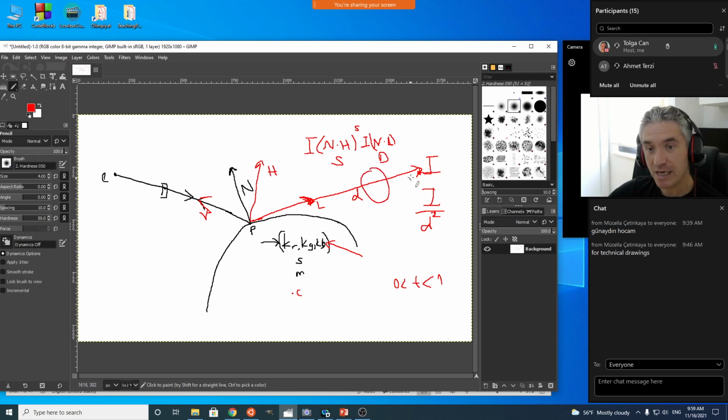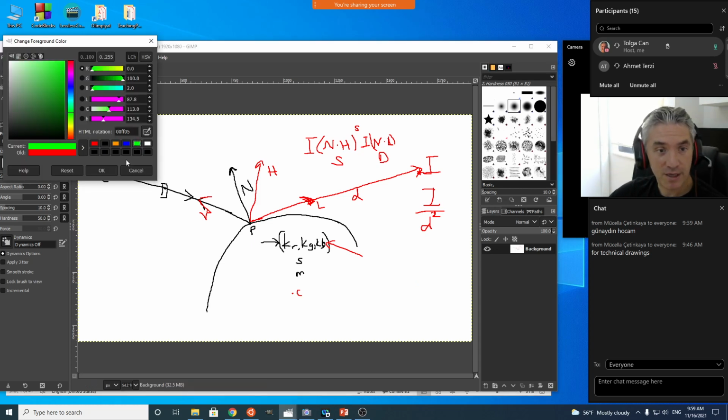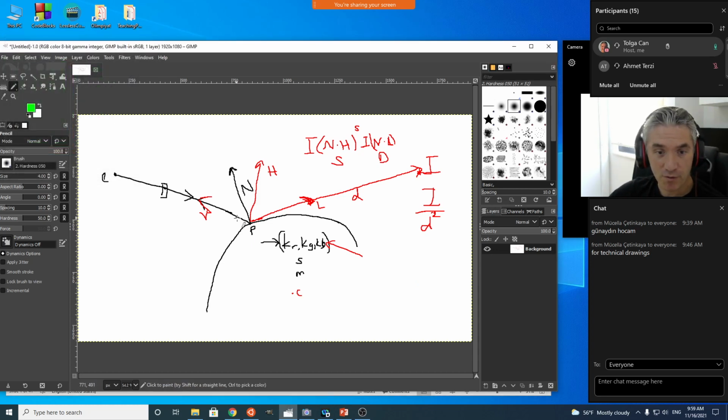It means that the light rays cannot even reach this point P. So there is no need to compute these diffuse and specular components. So that's something we do for shadows. And the final thing in the ray tracing, what we do is we compute the reflection of this view